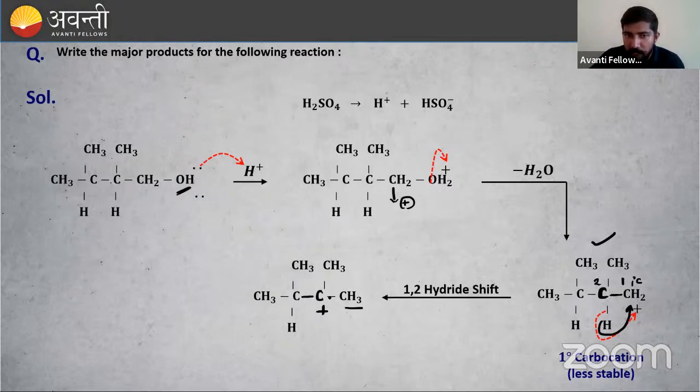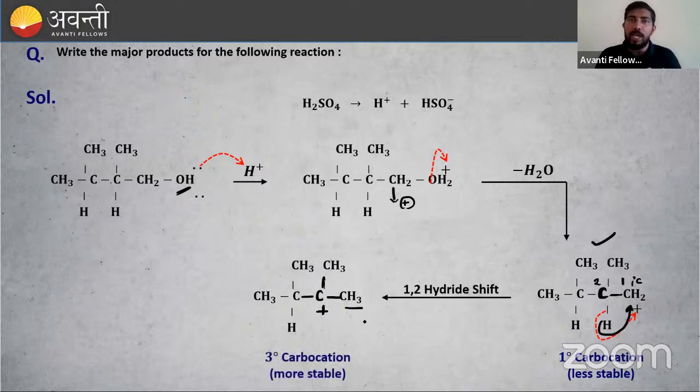Now can you tell me which carbocation is formed here? This carbon is attached to 1, 2, 3 carbons. So after the 1,2 hydride shift, a tertiary carbocation is formed. The rearrangement happens to attain more stability. Like human beings, these organic compounds also want to attain stability. The hydrogen goes to the uncle's home, and your father gets a positive charge and a peaceful state. What will happen in the next step? Our HSO4 minus is waiting, because it has lost its H plus. It needs one H plus from this tertiary carbocation.